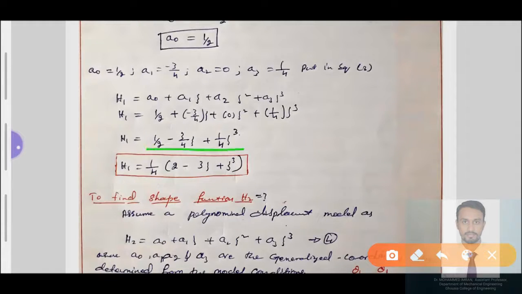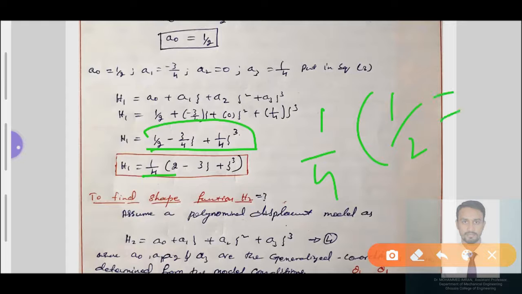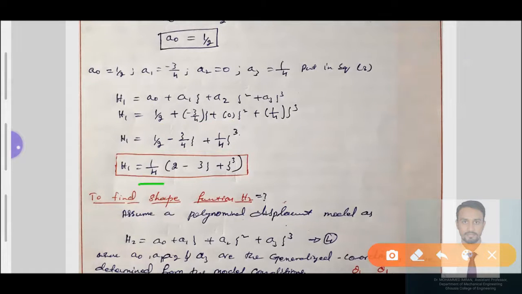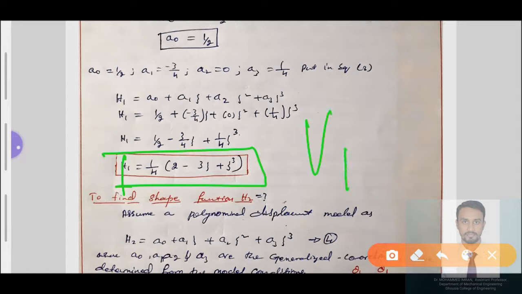Then I take 1 by 4 common: 1 by 4 into 2 minus 3 zeta plus zeta cube. This is called the Hermite shape function at node number 1 due to a transverse displacement v1